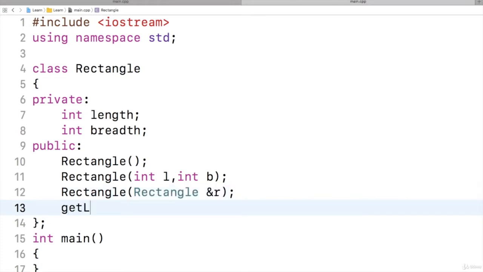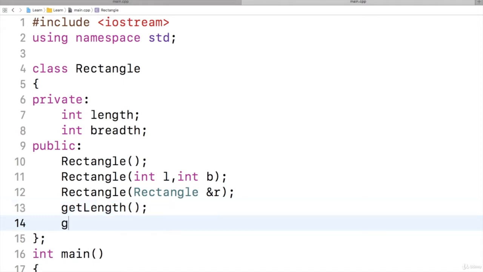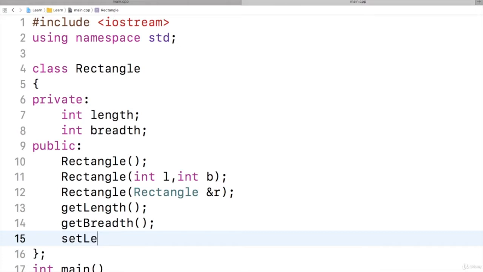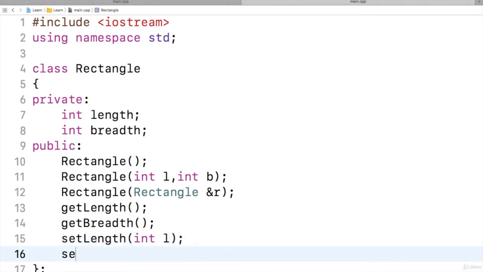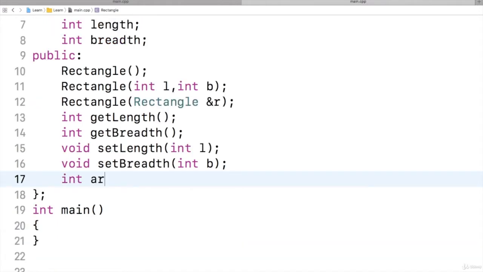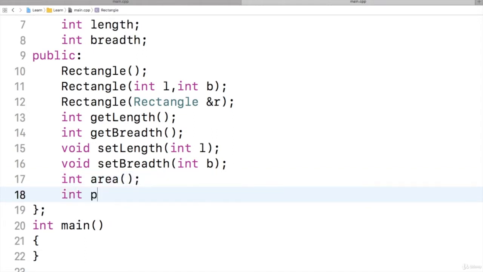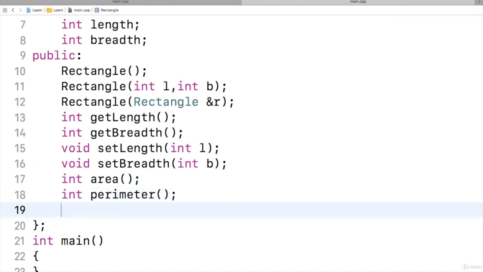Now get length method, get breadth method, set length which takes a parameter L, and set breadth which takes a parameter B. Now the other functions are area which returns area, and int, perimeter function, these are facilitators.